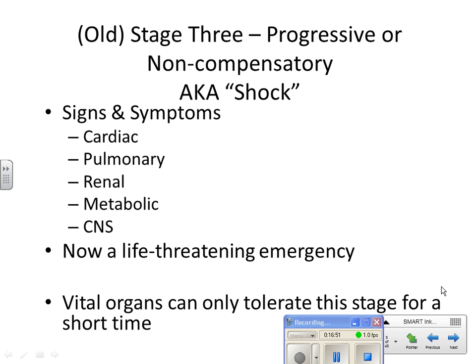So now we're in stage 3. Now our heart rate is very fast. Our blood pressure is very low. We have very weak peripheral pulses, very cold, clammy skin. Now we're starting to see the signs and symptoms of renal failure as the BUN and the creatinine start to kick up, because now it's not a compensatory mechanism that reduces the amount of urinary output. Now we've got renal problems. Now we've got renal damage because of that lack of perfusion.